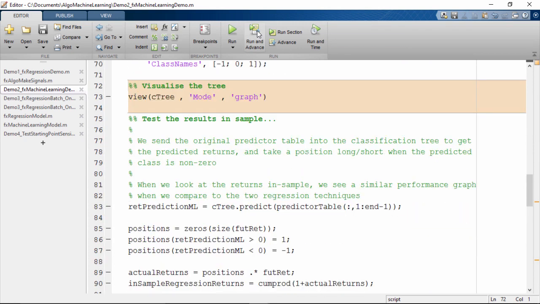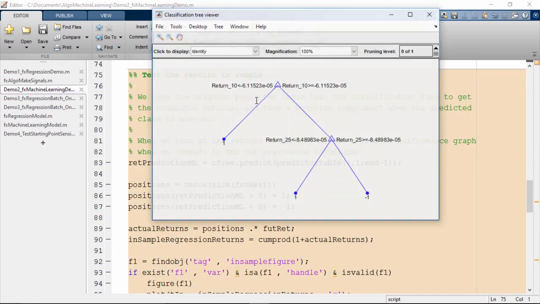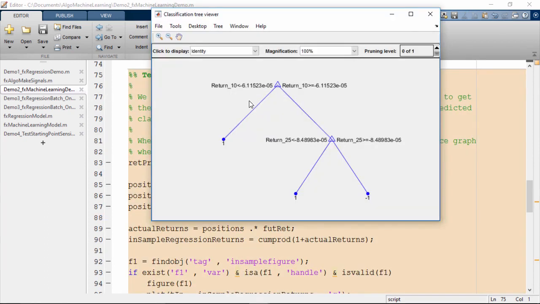We can see what the model looks like. Okay, so we can see the tree that comes out of this. And it's not a great one, okay? I'll admit that. Maybe that's because of the size of the data set. Maybe it's because of the factors we're putting in. I would leave that to you as an exercise to work out which factors are really more suited to this